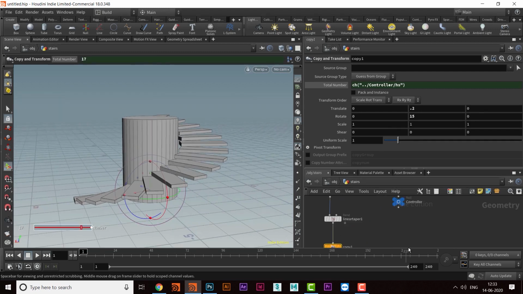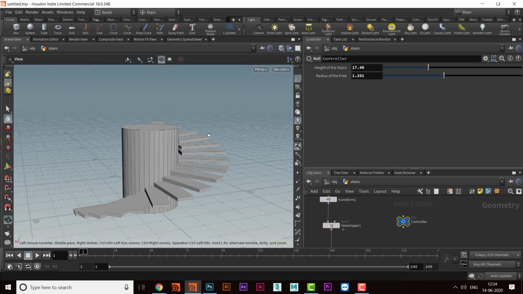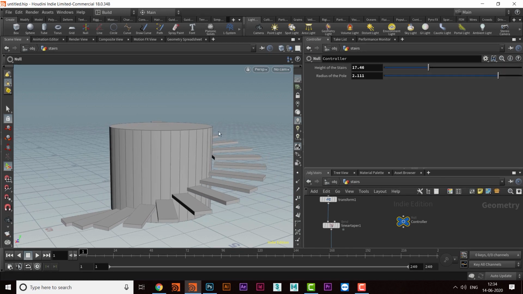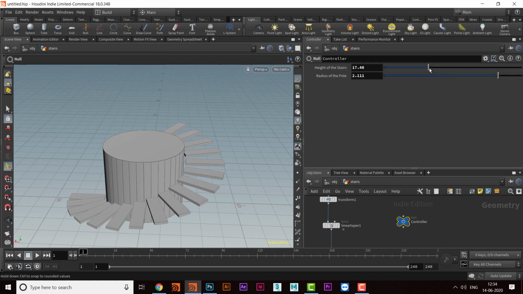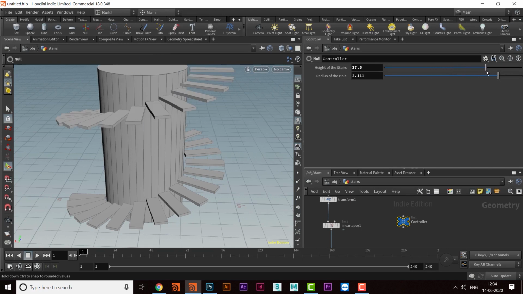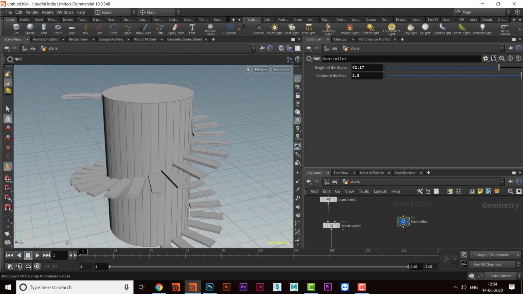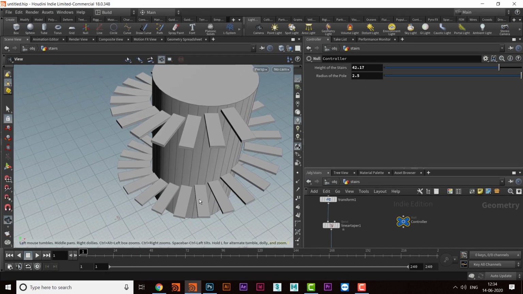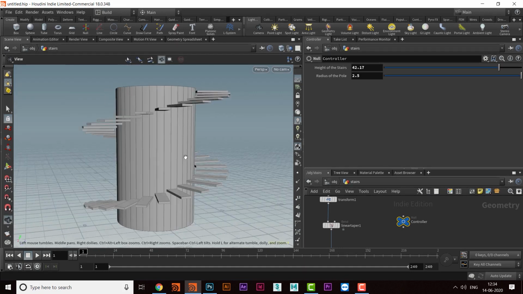So here, with this controller we can control the radius of the sphere. And along with that I can also change the height of the sphere, height of the stairs, sorry. I have given this a maximum radius of 2.5 because I didn't want the stairs to go too far away from each other, so I have constrained that value.